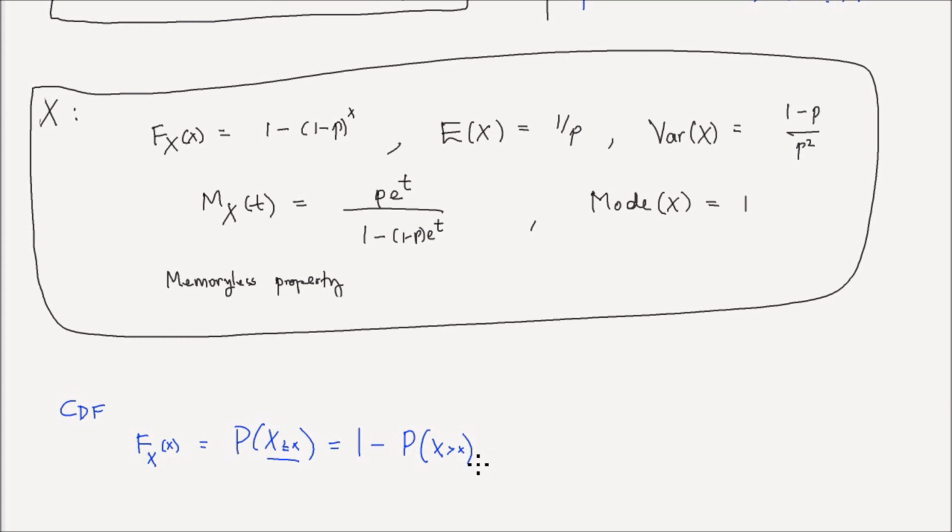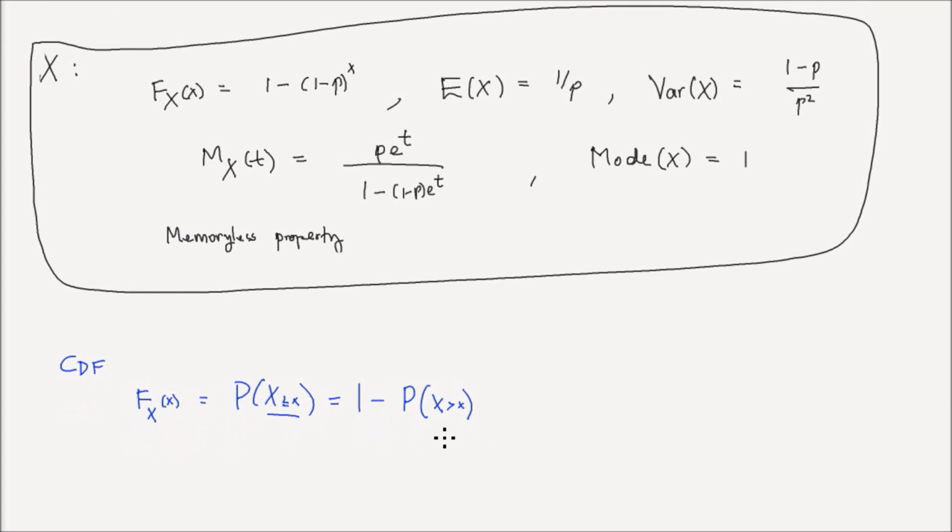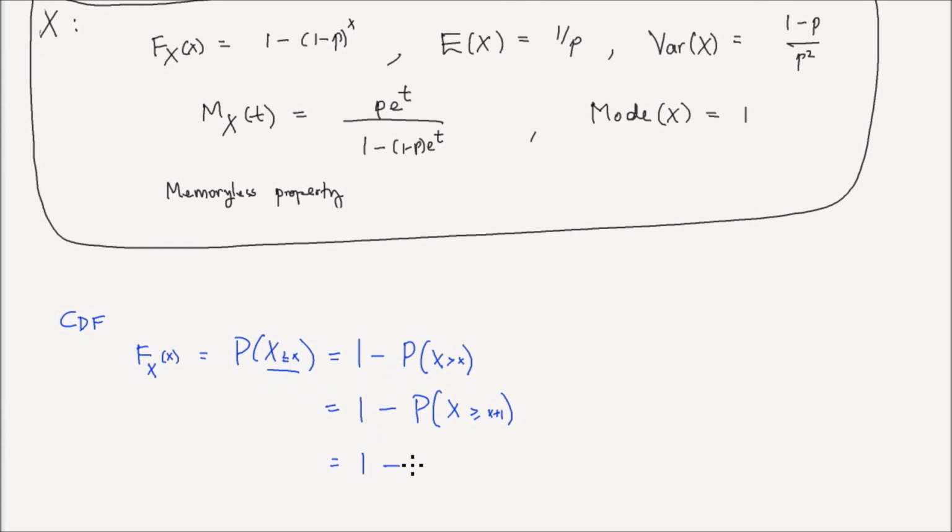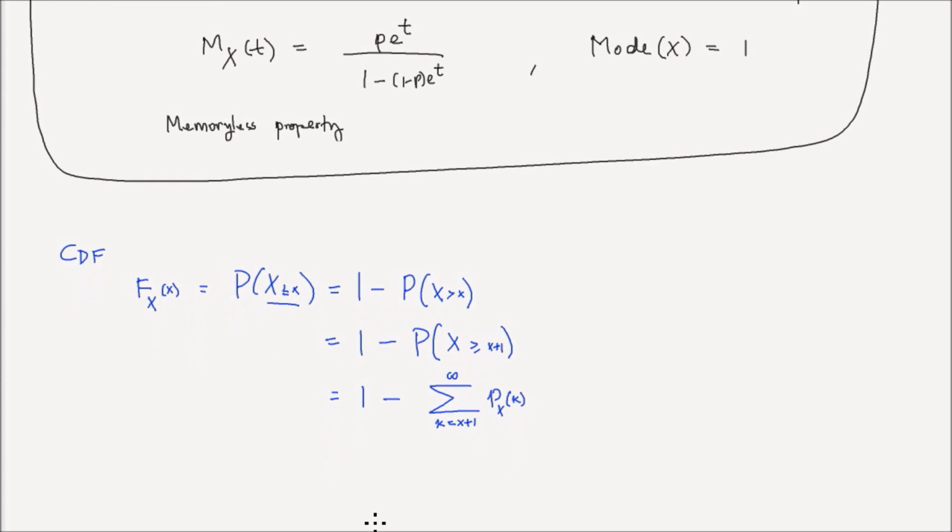But since X is discrete, X greater than little x is the same as X greater than or equal to x plus 1. Now, I can write this as 1 minus the sum, k starting from x plus 1 to infinity, of the probability that X takes a value of k, which again can be written as 1 minus